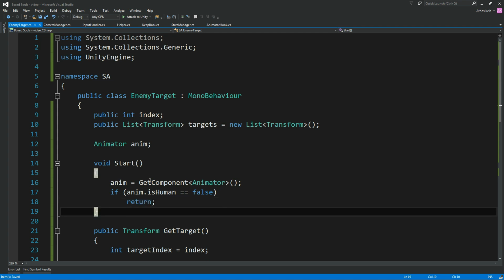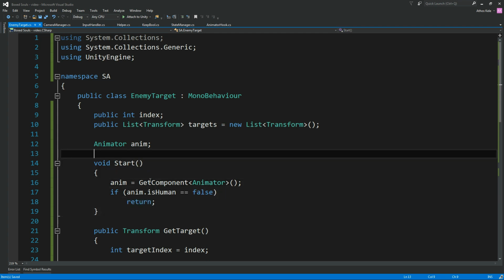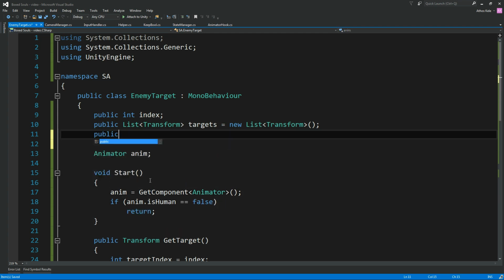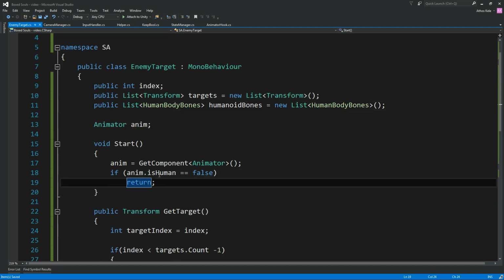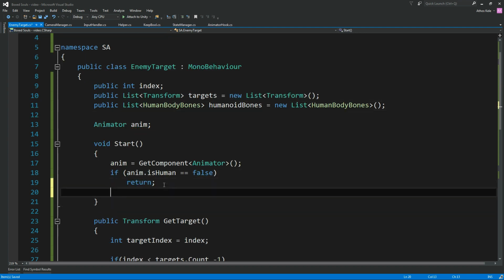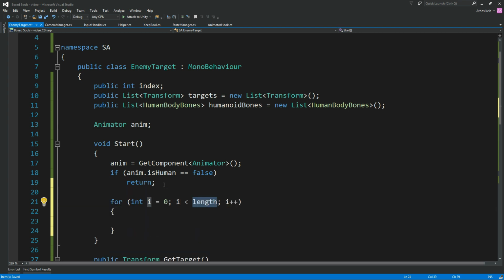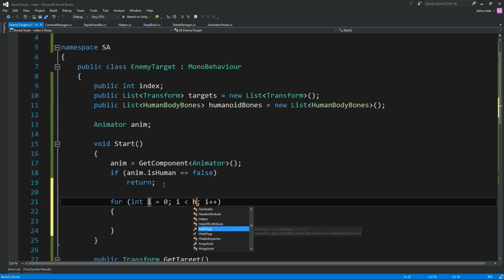Okay, it's not going to do it basically. And what we can also do is make a public list, humanoid bones, human body bones. Let's say humanoid bones, new list, humanoid bones, and if he is human,